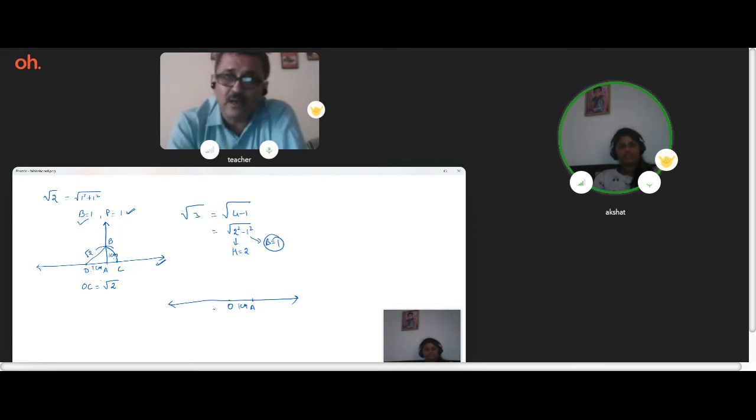Okay, sir. Now we will draw the perpendicular like this. Now what is 2? 2 is the hypotenuse. So you measure 2 centimeters in the compass, and with point O as center, put the needle of the compass at O, with radius equal to 2 centimeters. Mark an arc. We get this point of intersection. Mark this point as B. Join O with B. How much is OB? OB is 2. And how much is AB? AB is root 3.